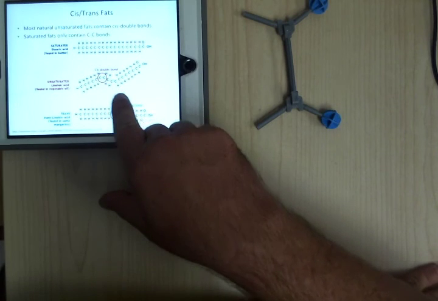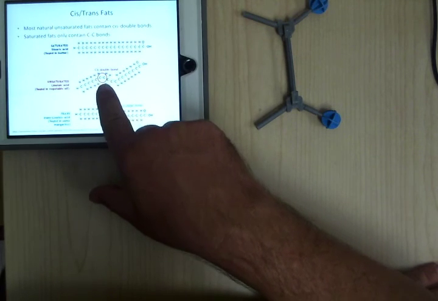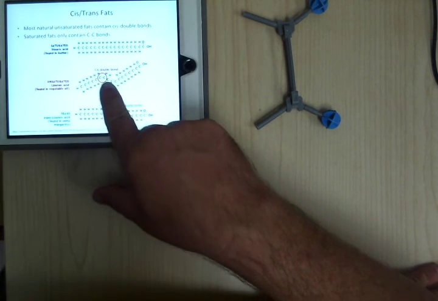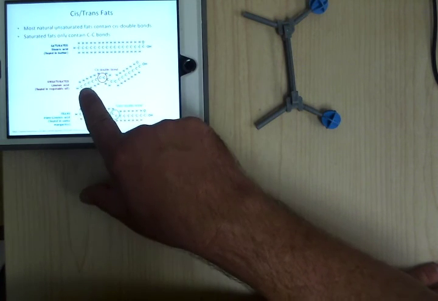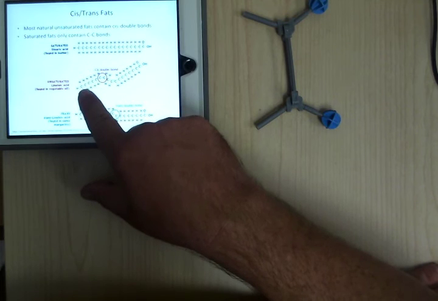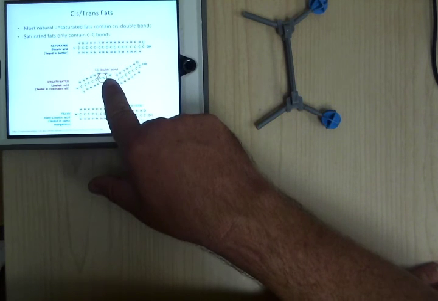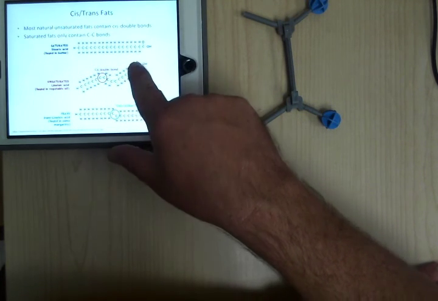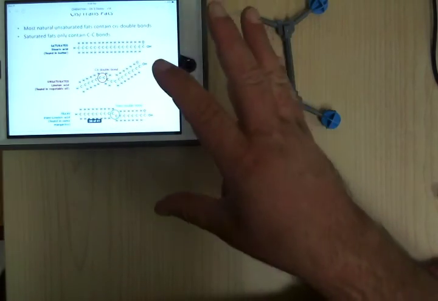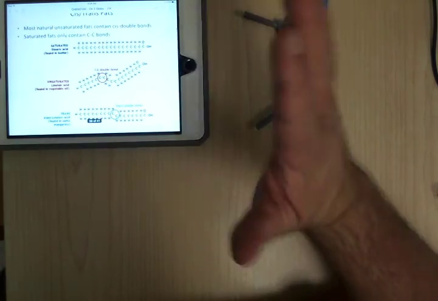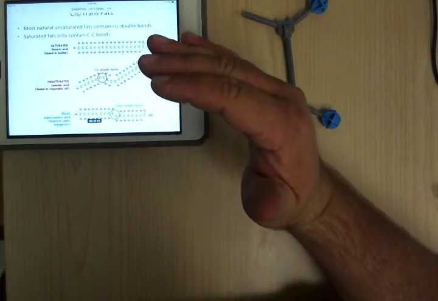Okay, but for here, this one actually has two. This would be a polyunsaturated fat, right? Because it has two double bonds in it. And notice how when you get a cis double bond, you get a kink in it. And this double bond kinks it back, right? So now imagine trying to get all those people in there. If everybody has a heavy backpack, and everybody's sort of kinked over,